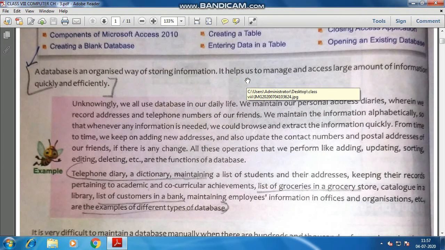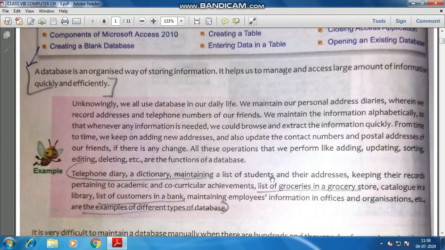Before understanding MS Access 2010, which is basically application software that a user installs, what is a database? A database is an organized way of storing information. It is very helpful because a database is a kind of entity which you can see on your systems and can be installed or created by the user, just for the purpose of storing information. Information can be anything, your raw data.